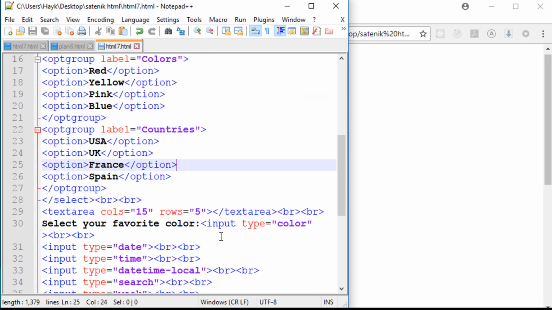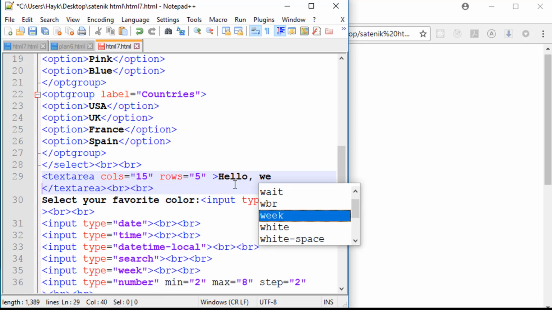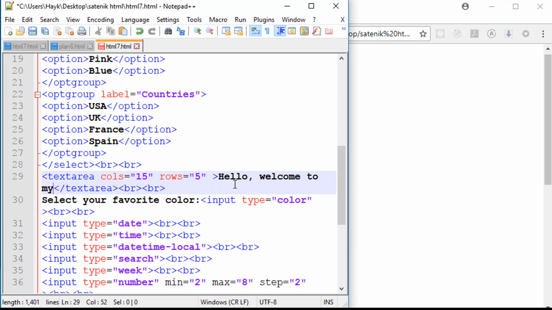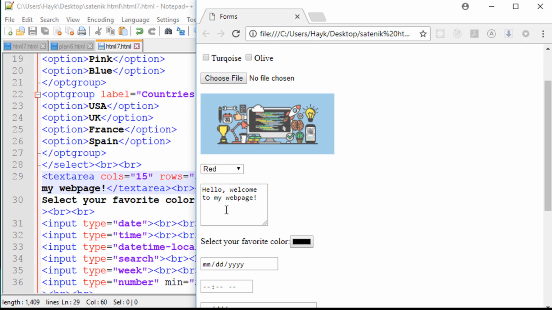Let's go down to our text area tag, and let's add in, just after our first text area tag, some text. So let's say I want it to be "Hello, welcome to my web page!" and I'll save this, refresh, and as you can see, now in my field for text I have